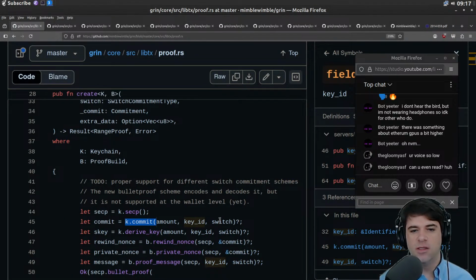I don't know what switch is. Proper support for different switch commitment schemes. Okay, and then we're going to get a key that we get by on the keychain doing some key derivation, passing the amount, the key ID, and again switch. I assume the question mark is like nullable.